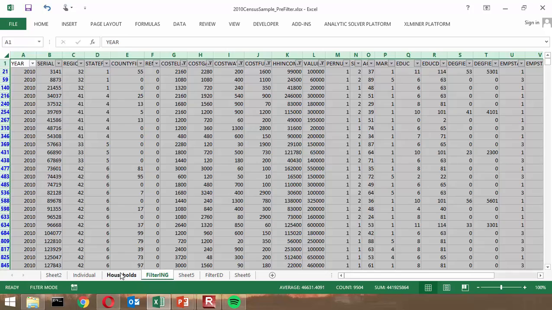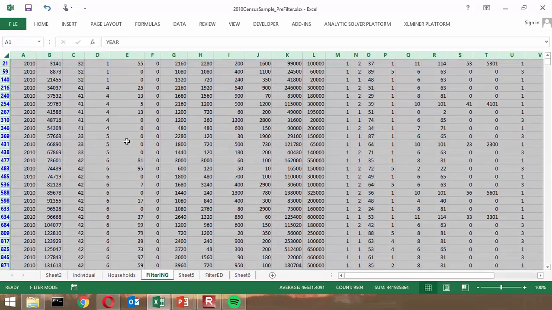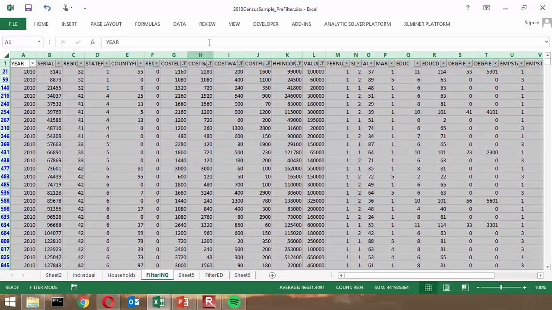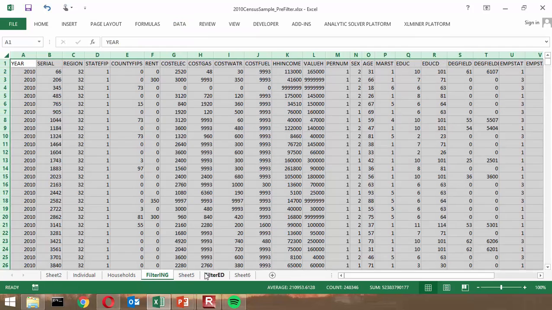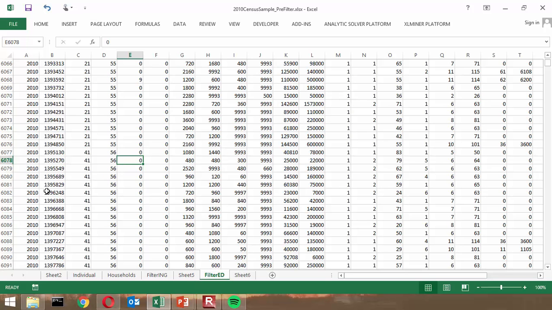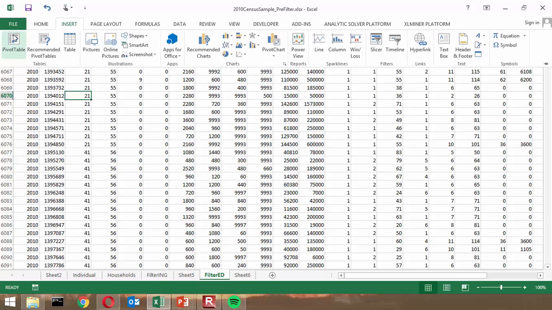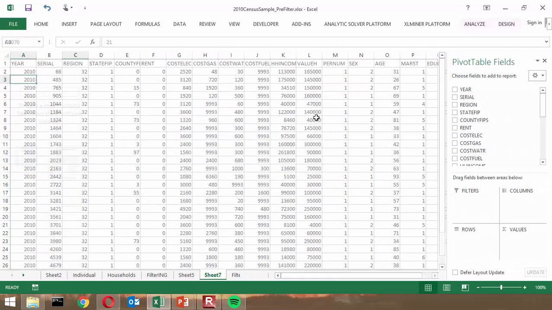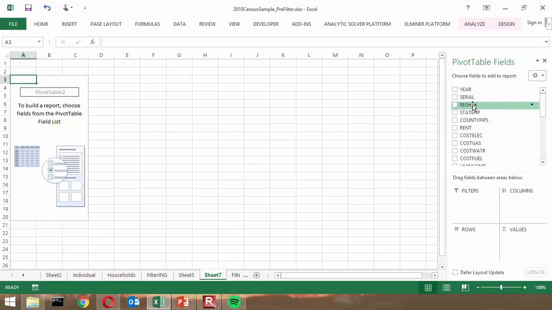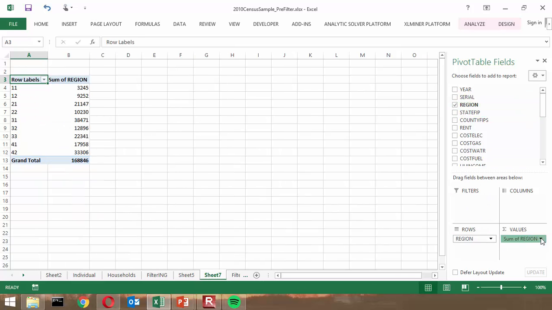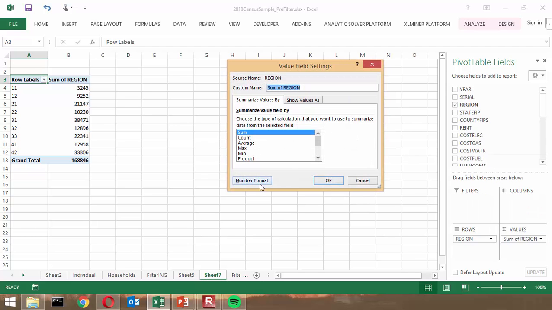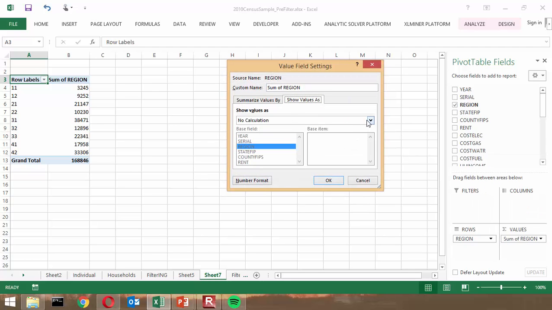So this is 3 steps. The original data, you don't mess with it. The sheet where you're doing your filtering, and you can turn the filters off at any time, just kill it. And then the sheet where the filtered data is copied to. You don't want to make a pivot table out of the filtering sheet. It's the filtered sheet where now you would make the pivot table and do whatever kind of analysis you're going to do. Knowing that at this point, based on whatever your reasons were for the filtering you did,